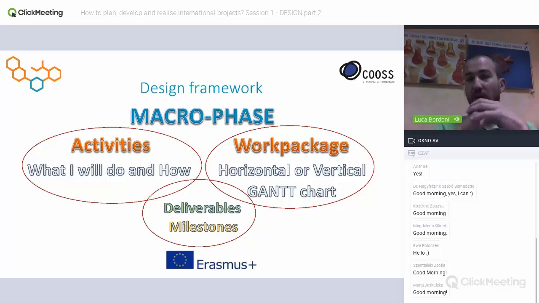The other, horizontal work package is another macro activity, allocated internally but especially externally, to our project activities and results. It is important to create a dissemination plan, a communication plan, for the duration of our project. As regards the Gantt, we can show it in the other slide. And finally, deliverables and milestones represent the concrete